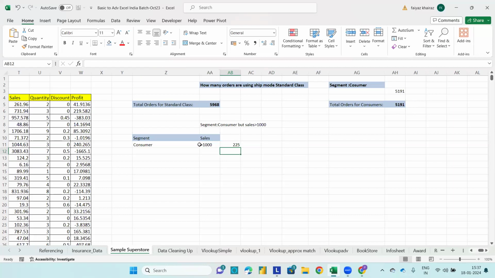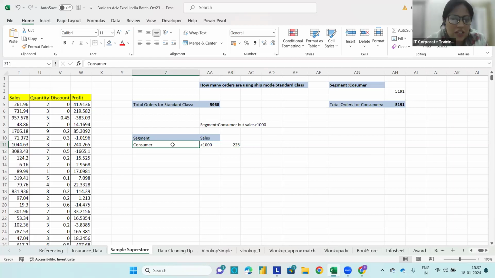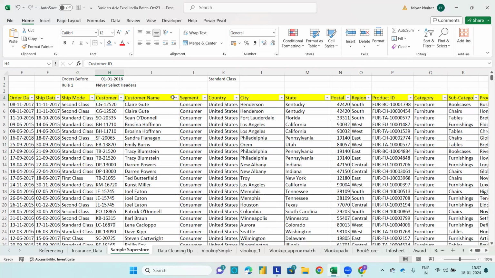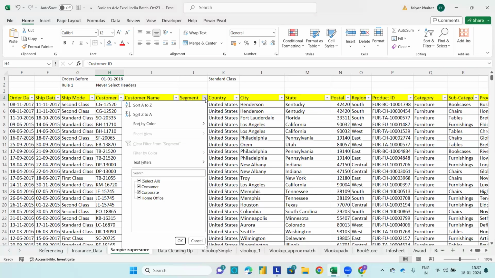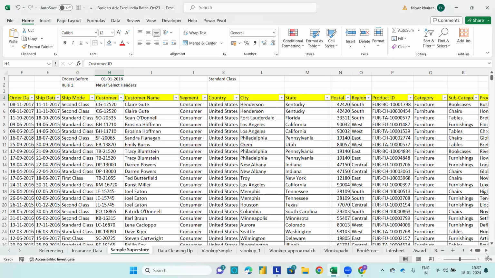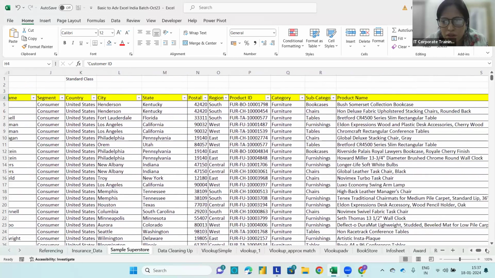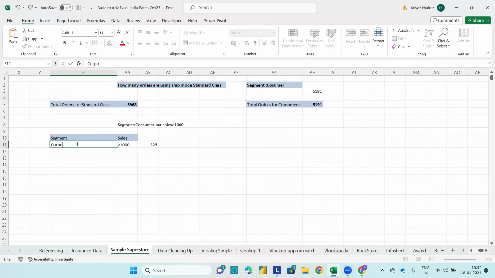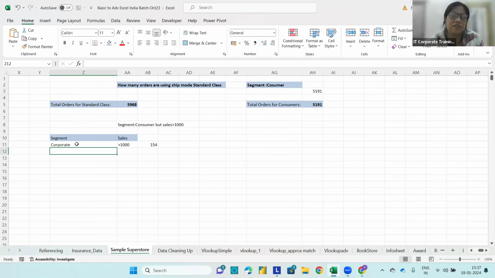Correct? Now if I come here and change from consumer, what other segments I have? What I'll do is I'll put control shift L. I will check how many segments I have. I have corporate also. Now, suppose later user changed the consumer to corporate. Will he give me the correct answer? I'll change it, corporate. I'll say enter. Are you getting? Try it with